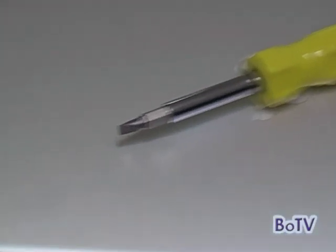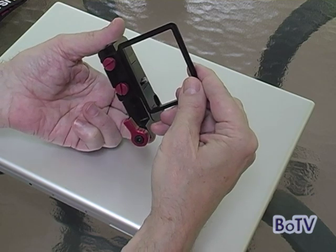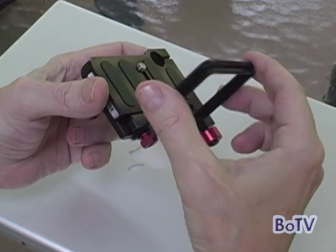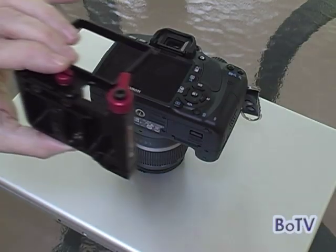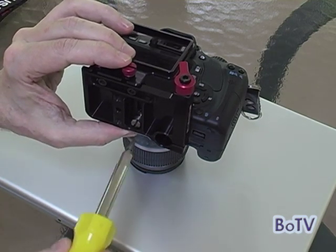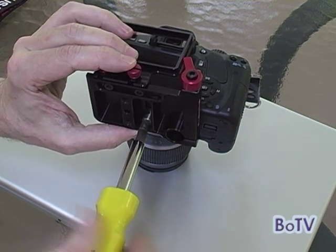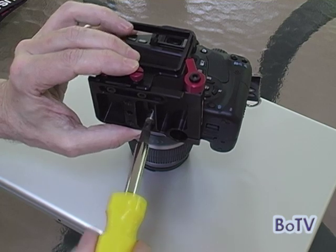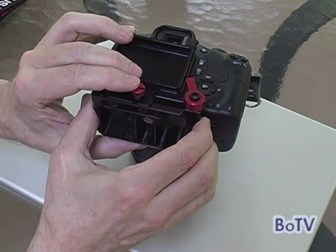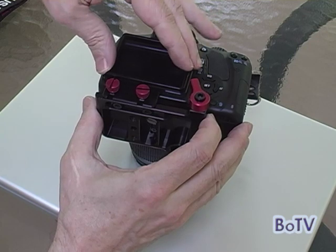Let's get started. First, you'll need a flat tip screwdriver. Now you want to place the frame in the Gorilla Plate between the red knobs and the plate. Position the Gorilla Plate on the bottom of the camera. Line up the screw and the base. Now what I did was I went ahead and inserted the screw into the camera base, tightened it down just enough to hold it, but loose enough to allow some play, and let it slide until everything lines up,